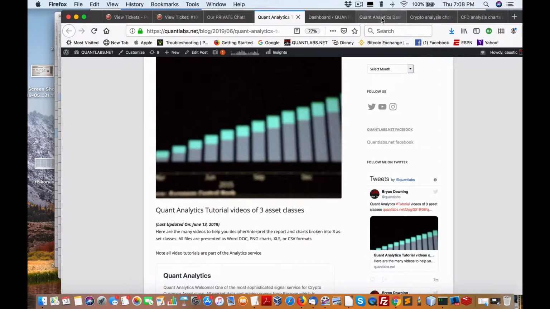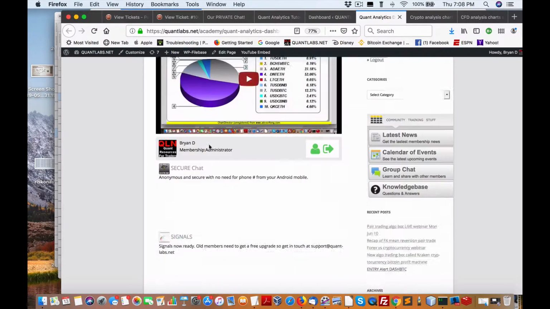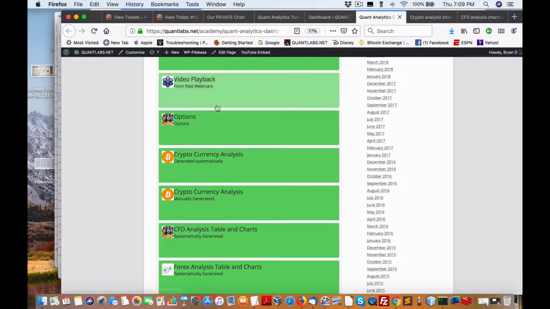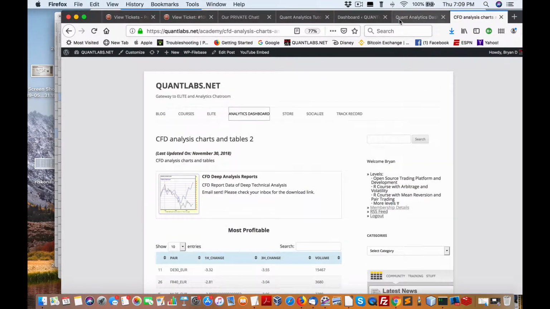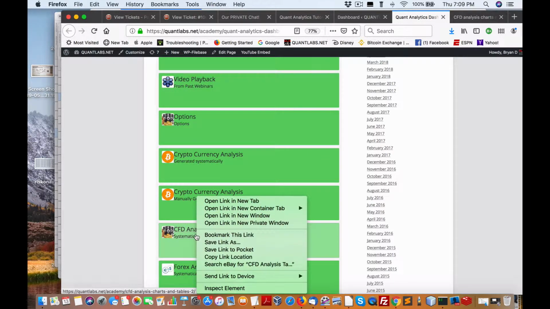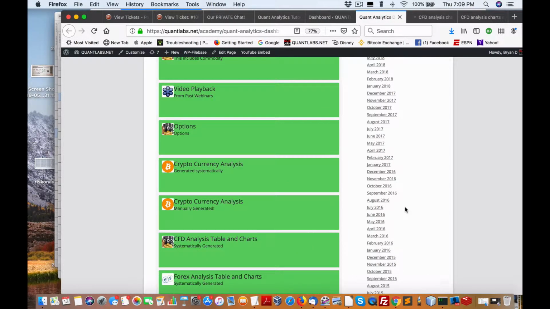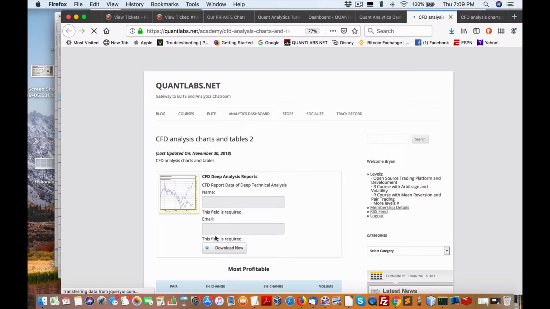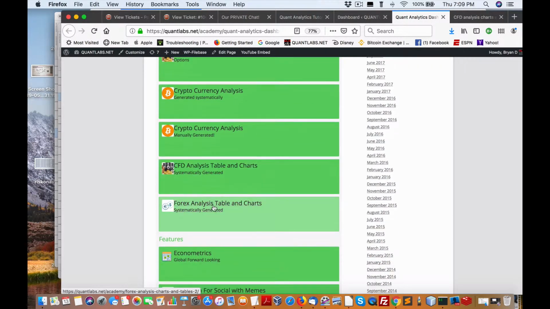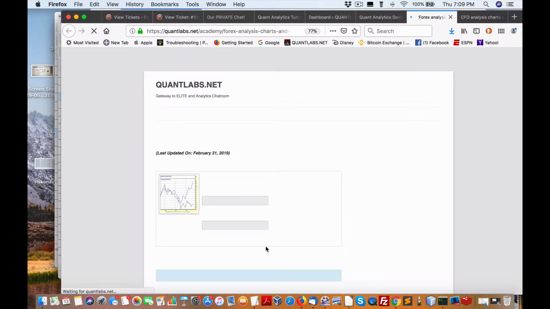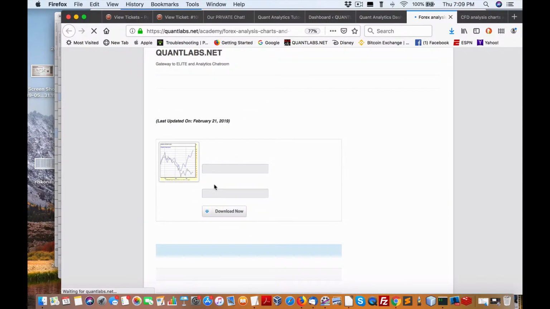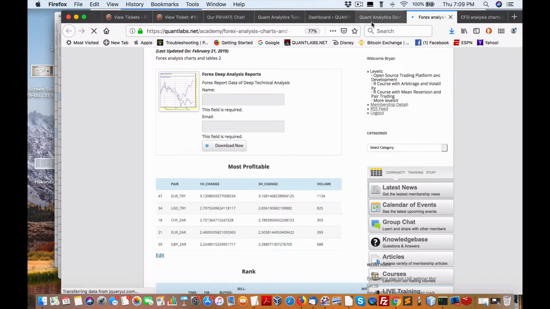Again, what I'm referring to here in the dashboard is you can get your crypto analysis systematically generated files to get the goodie files. You can also do the same thing for your CFD here, and that will give you the same option: name, email. Like I said, everything's the same. And then you have the same for the forex analysis as well for systematically generated files. That's pretty well it to grab the package files